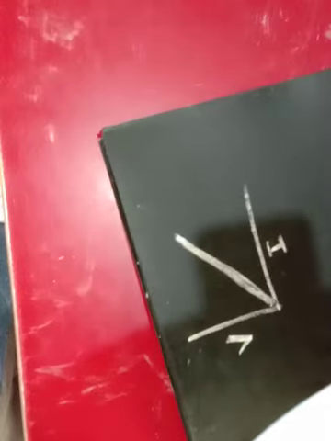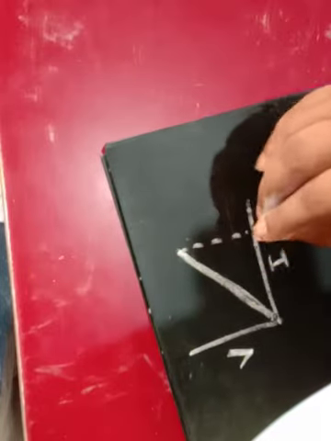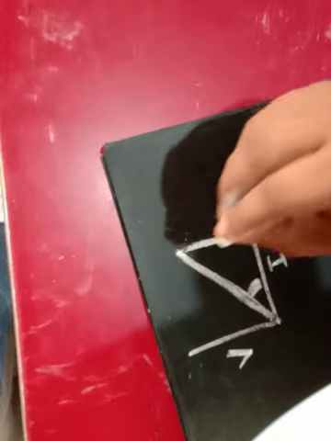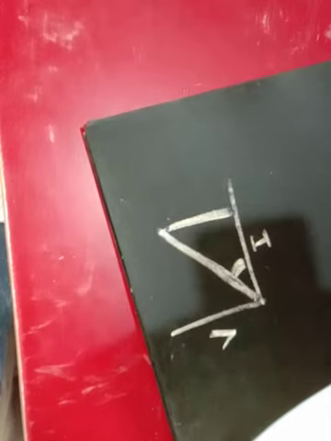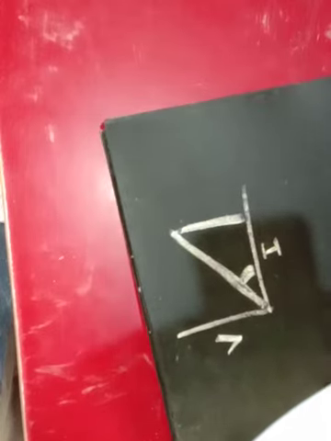Suppose if you put the V and I graph, what will happen? The slope, whatever it indicates, that is your resistance, V upon I. The slope indicates the resistance. So similarly, slope clearly indicates the resistance. मैं just एक example में दे रहा हूँ.